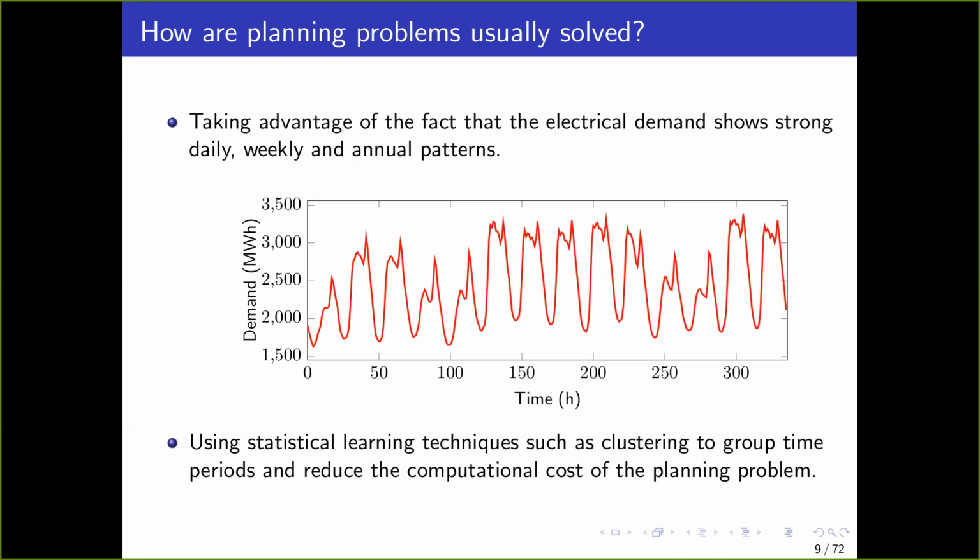So how are these problems usually solved? Well, one way to do it is to take advantage of the fact that electricity demand, for example, has a very strong daily pattern. As you can see here in the figure, these peaks are different days, and they are very similar to each other. We have Monday, Tuesday, Wednesday, and then the weekend. So what you can do is use clustering to group days and then reduce the computational burden